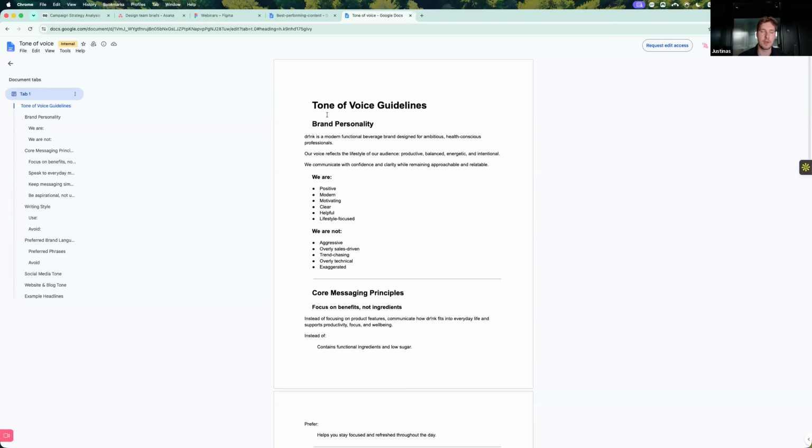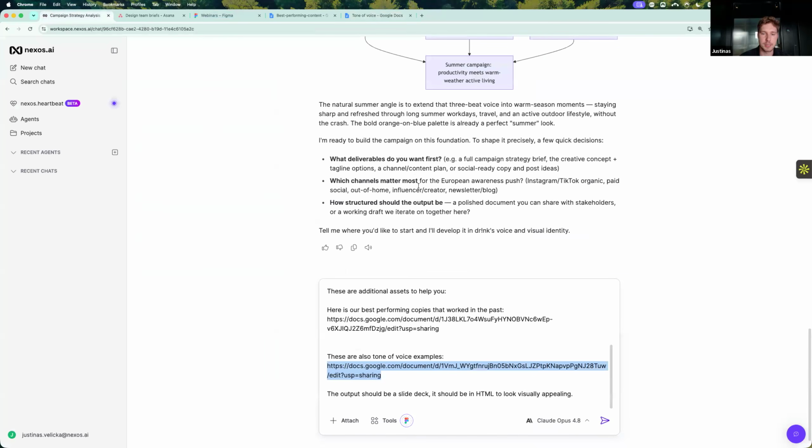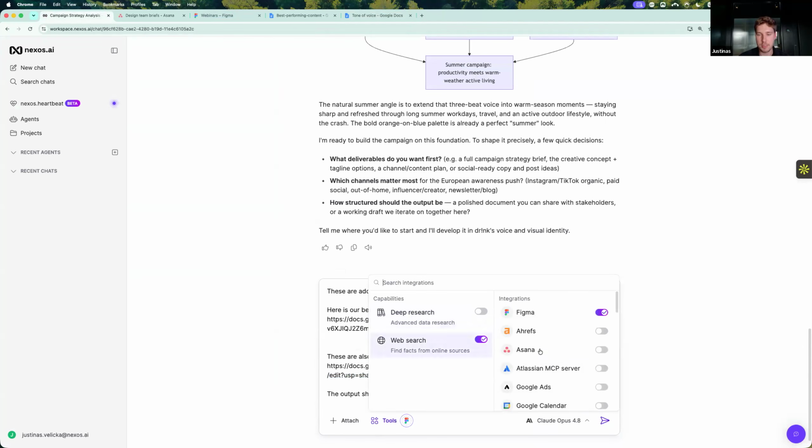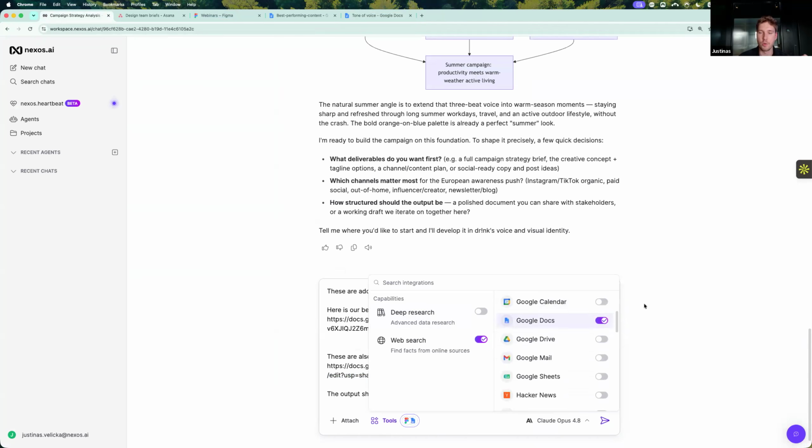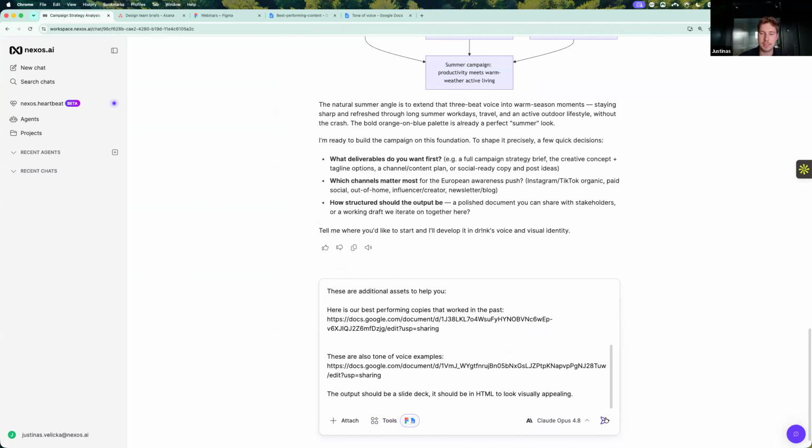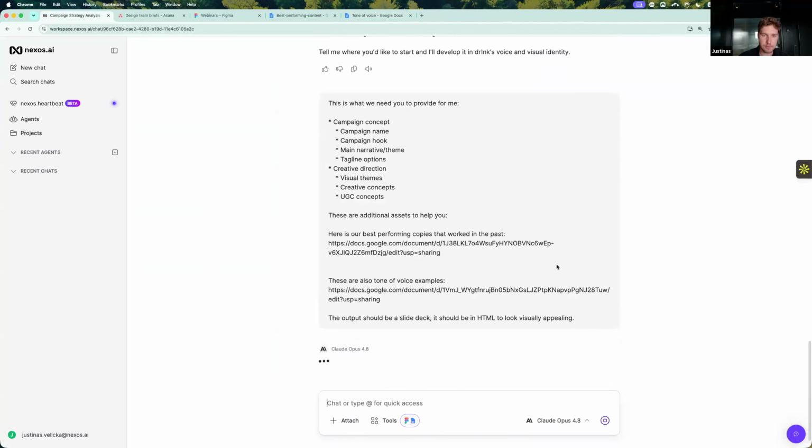So as we've given the Figma information the same way, we've actually given the tone of voice and the best performing content. And in here, now, since I'm giving the Google Docs, what I'm gonna do is enable the Google Doc integration and send it off. Once I send it off, actually at the end, what I'm doing is